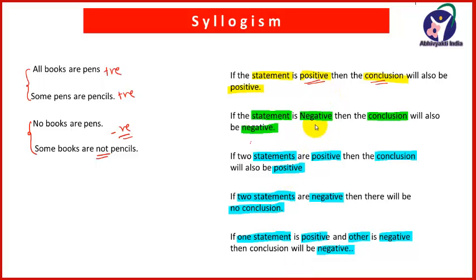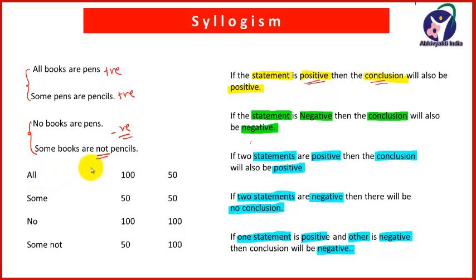And if you got the conclusion with the help of this set of rules, then there is no problem. But you will have to check for the other rules also, and those other rules are that